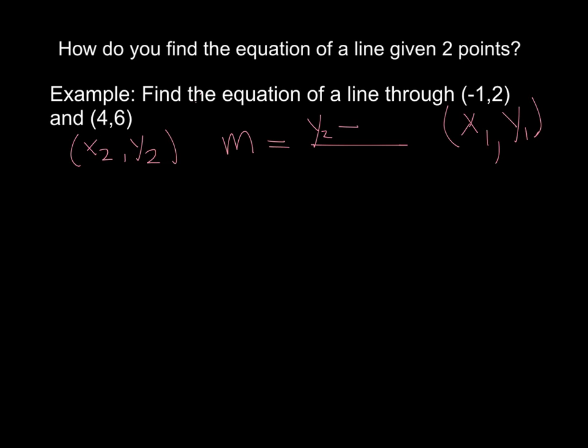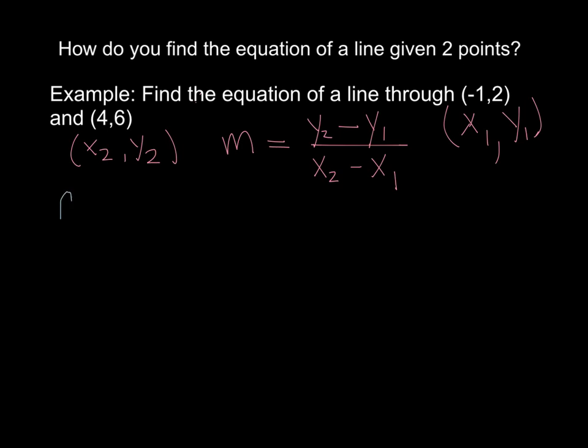My reason for doing that is the first piece of information that I need is my slope, which is y2 minus y1 divided by x2 minus x1. Remember, for this equation, the y's are on the top. You can remember y's to the sky. It's always rise over run. So we're going to find this slope.